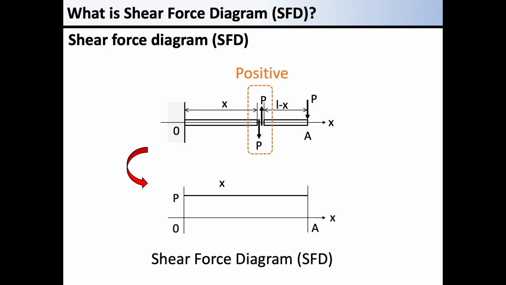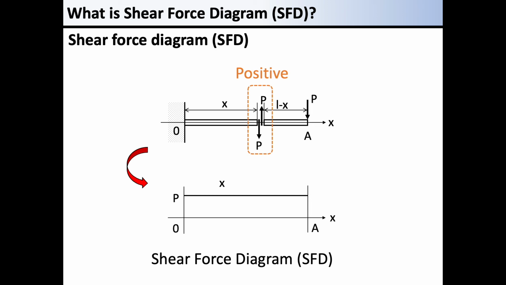In the case of this beam, no matter where on the x-axis we cut it, the shear force P is acting in the same manner. So, the distribution of the shear force is constant at P. The diagram shows the distribution of shear force. Such diagrams are called SFD, shear force diagram. One may show the distribution taking the x-axis on the diagram.